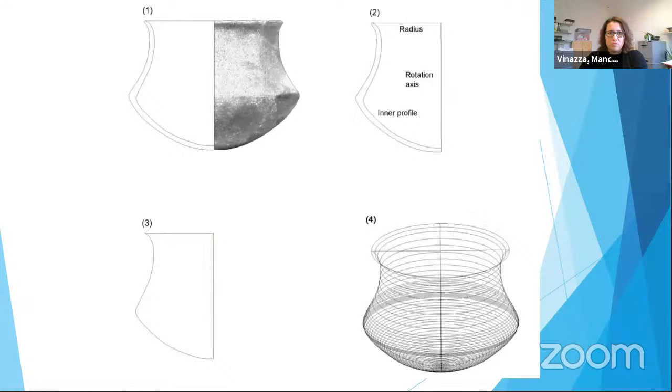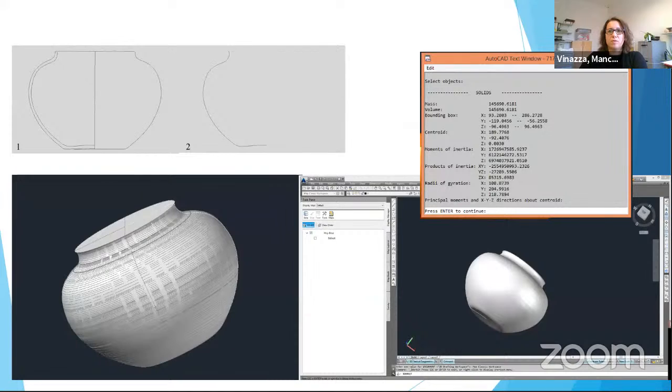I have used AutoCAD. Other programs are also suitable, like Rhino, Blender, etc. All we have to do is to draw the vessel. Then we vectorize only its inner profile and rotate it around its axis. This gives us a 3D model whose volume is calculated with one command. Such a quick way of calculating the volume of vessels allowed us to begin with our study, but first some